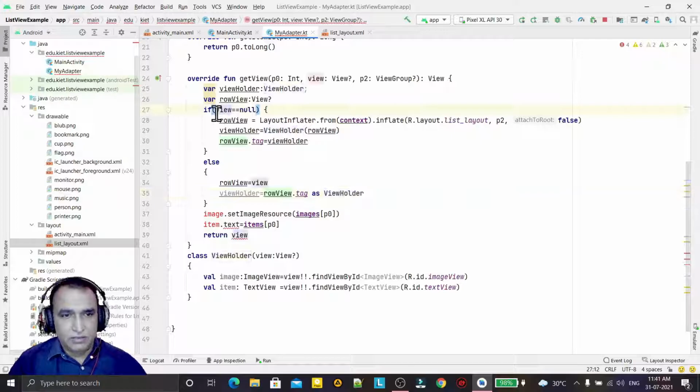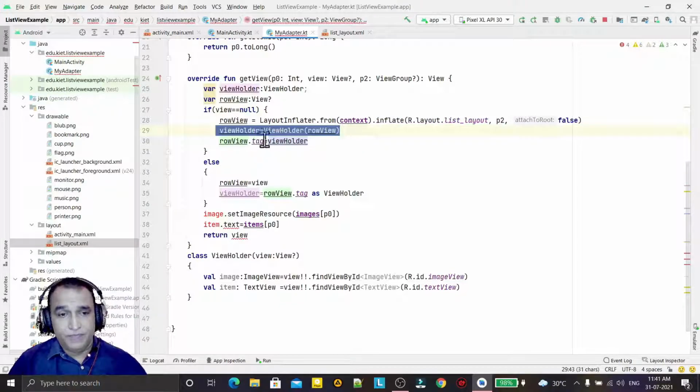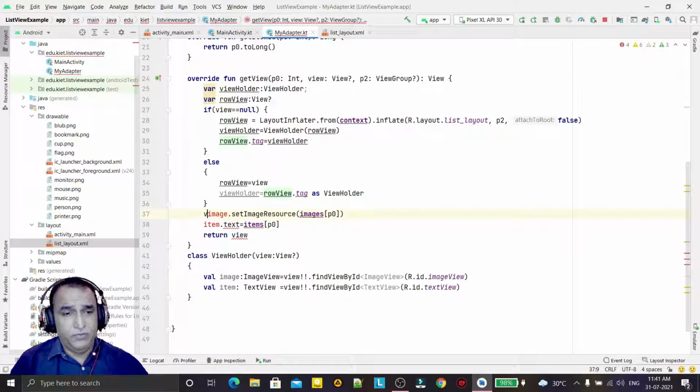If it is null, then create layout, inflate the layout, and create a view holder and pass the holder to the view. If it is already in place, then whatever the object in row view, link it with the view holder. And here we have the view holder, because view holder is the class which has these objects.